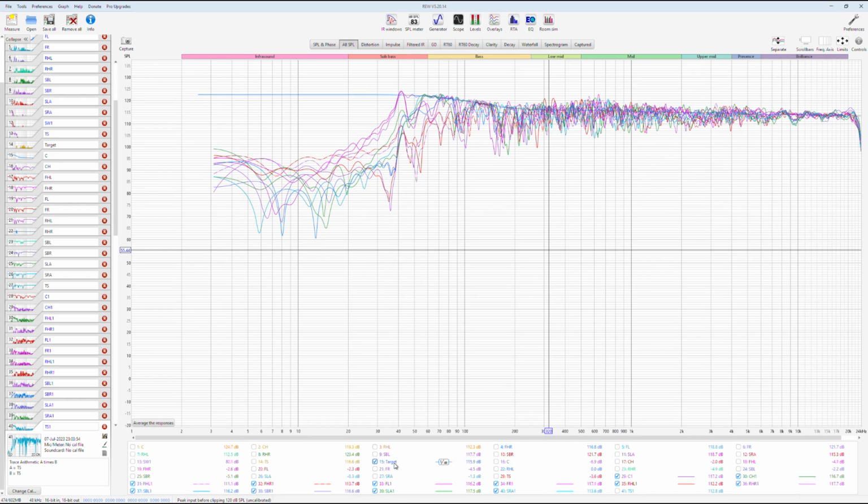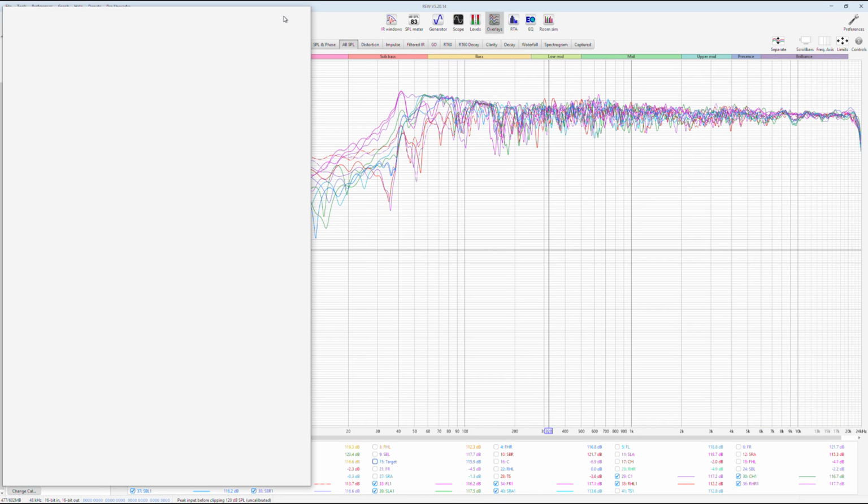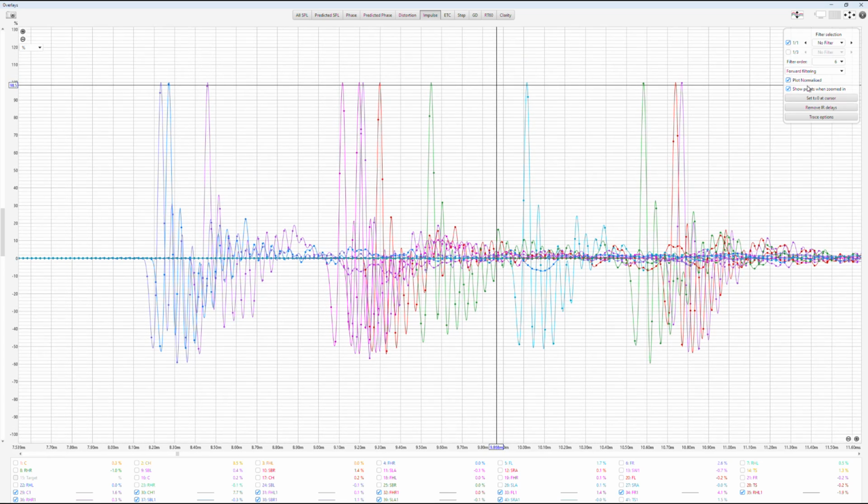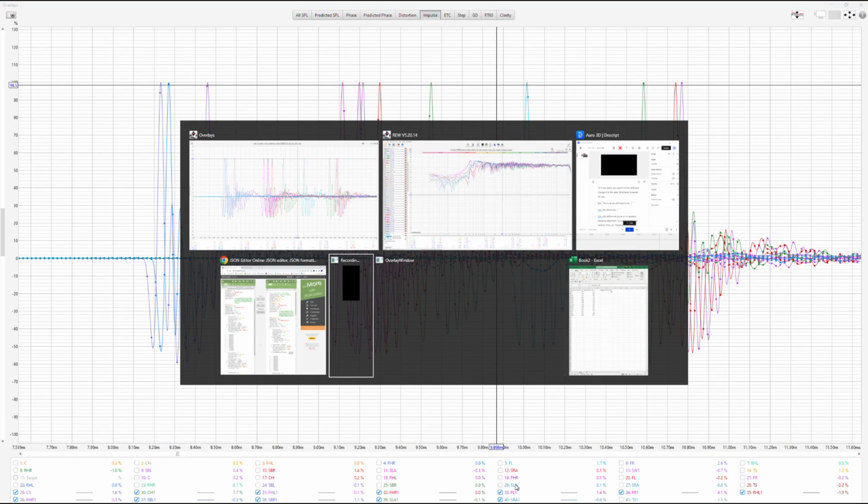And this was the ideal target. Now, copy selections to overlay graphs, and from now on, we are in mount overlays. Plot normalize, show points when zoomed in, ticked, so you see these dots. Now, where is our Excel file?